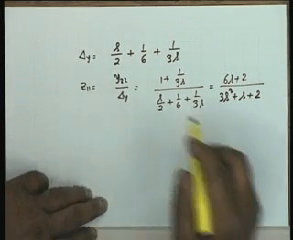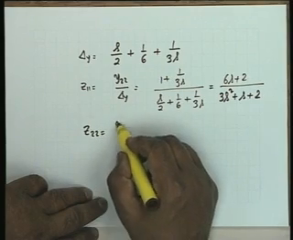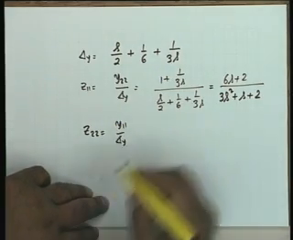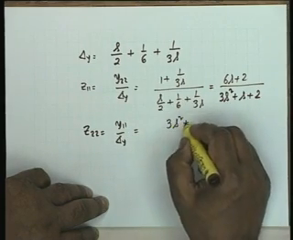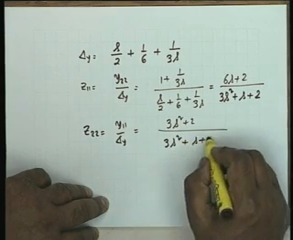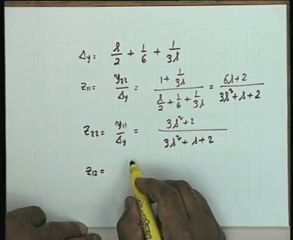That is my calculation. In a similar manner, you can find out Z22 as Y11 by del Y. It is not a symmetrical network, unfortunately. So, you will have to find all of them. This comes out as 3S squared plus 2 divided by 3S squared plus S plus 2. Then Z12 is,